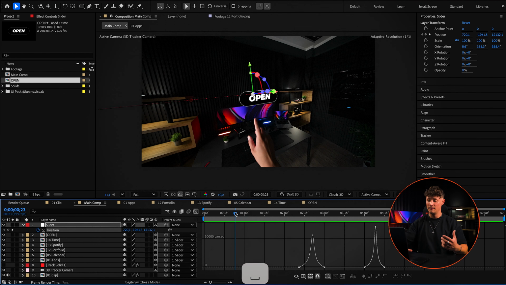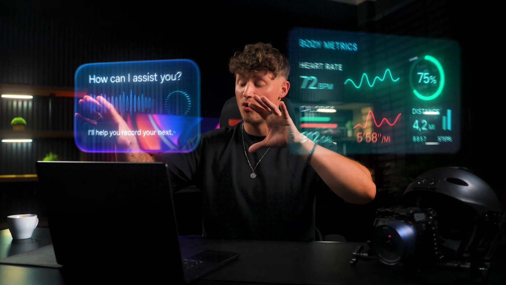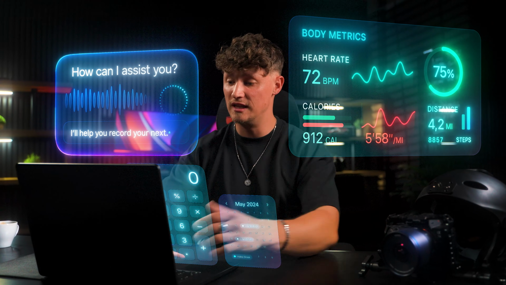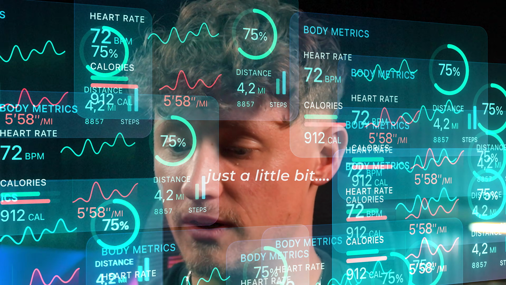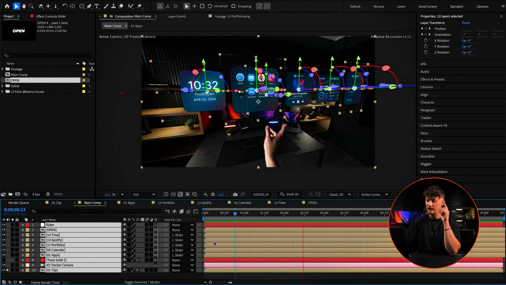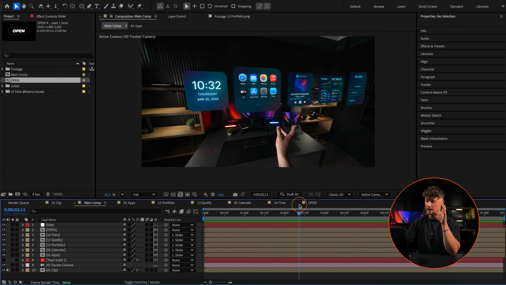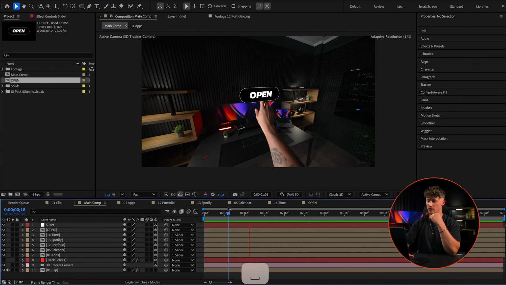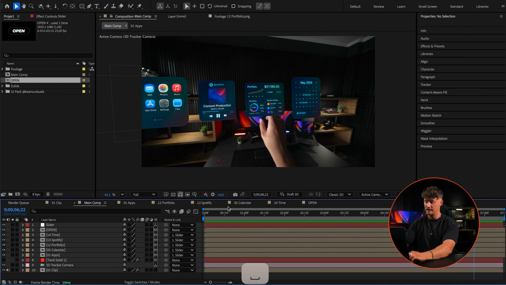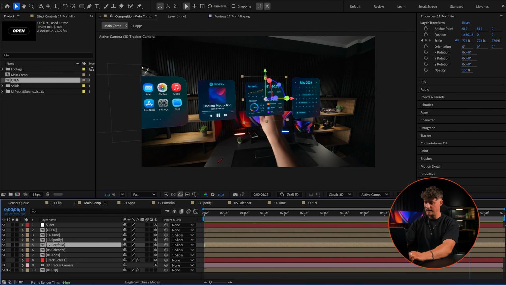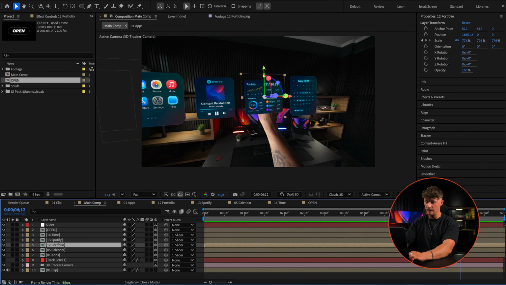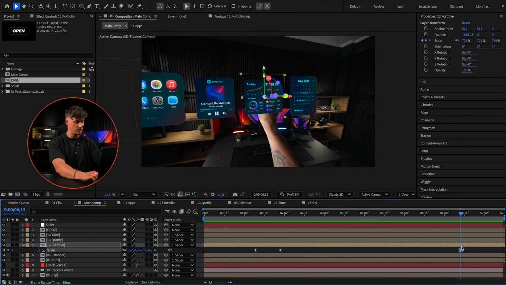Now we have that swipe animation, and of course you can add more and more overlays and more HUDs, and it's just gonna look better and better. But you still have to keep in mind that you need some focus to look at, right? So we have everything here in the middle, focus, looks pretty good. And now I'm selecting this one here. This HUD gets selected, this position here at that time. So, and it's portfolio. So I'm going onto that layer here, making the keyframe again for scale.